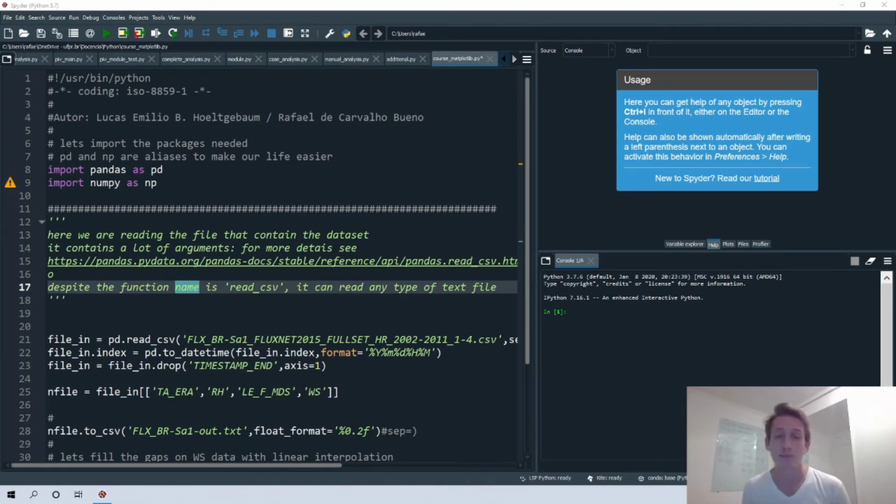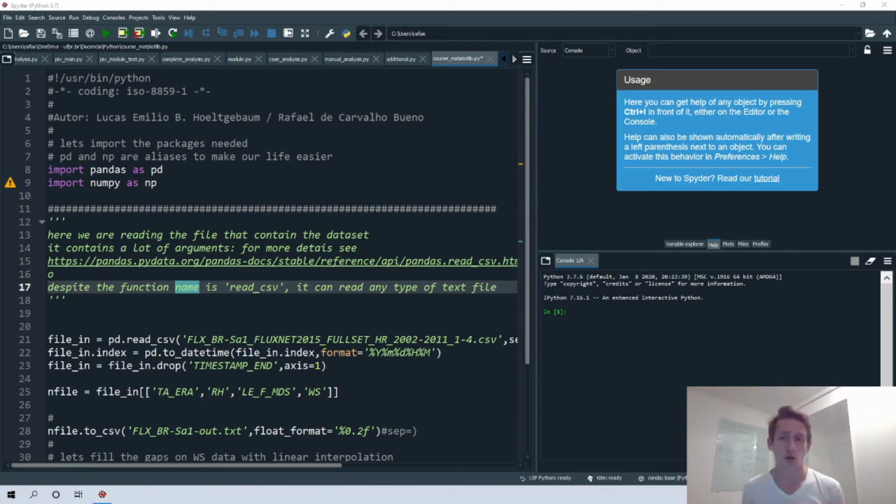You can also create maps, real maps, exporting shape files, for example. You can do similar things that you can do with ArcGIS with Python. Of course, you don't have that friendly interface, but if you work with Python, I think that is not a problem for you. You can also analyze images and videos. You can run PIV analysis. You can create games too. So there are a lot of options that you can do with Python.